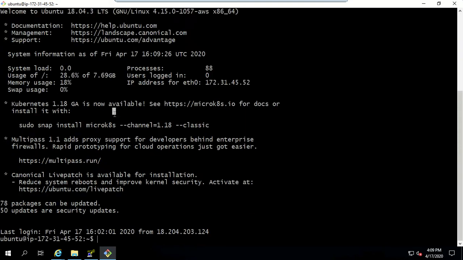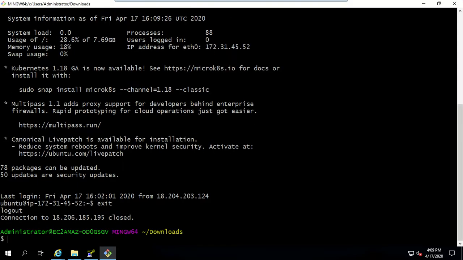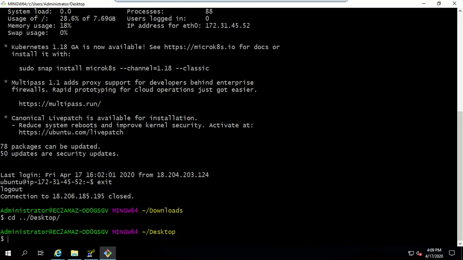This is one way. The other way is, let's say like earlier I was in my desktop, so this is where my location was. Here also you can give the location where your PEM file is present.